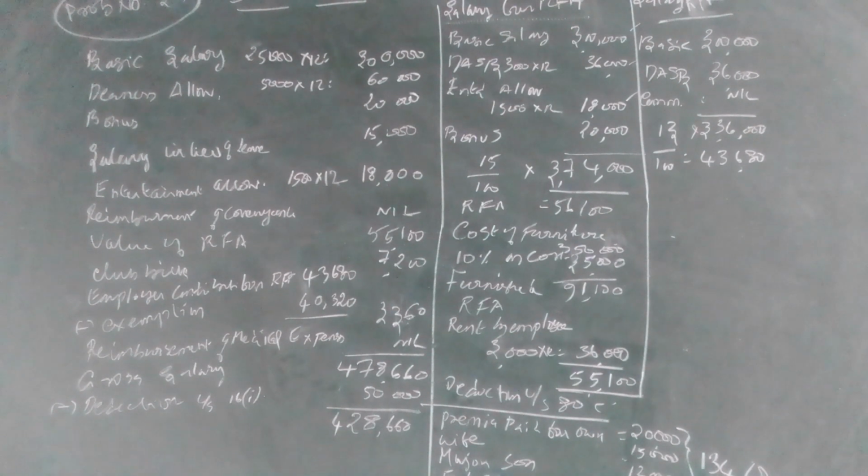Another thing you will have to calculate: the person has paid the premium for his own life, for the life of the wife and major son, and he made some contributions for ELSS, then Provident Fund own contribution, Public Provident Fund own contribution he is having. So these things are qualified for deduction under 80C. So we have to list out this information, and that comes to 1,34,680. So that is also the eligible deduction under 80C.